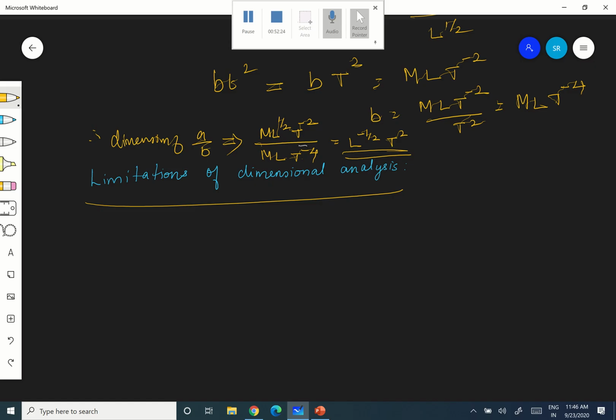And checking the accuracy of the equation: LHS dimension is equal to RHS dimension, only you are going to check dimensionally. Don't bother about the numbers. Whether the dimension of LHS is equal to the dimension of RHS, if force is equated to force, volume is equated to volume, you can see that very nicely using the method of dimensions. But where is the problem? Only in deriving the formula. There are some limitations. What are they?